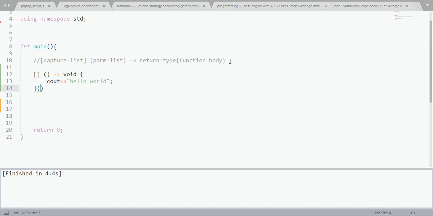We can immediately call it by simply calling it here. So if we run it, hello world. Alright, now instead of calling it right here, we can assign it to a variable just like a normal value. So let me name the variable func. So we have assigned this lambda function to the func variable. Now to be able to call this function, we can simply use this func variable just like a normal function name. So if we run it,